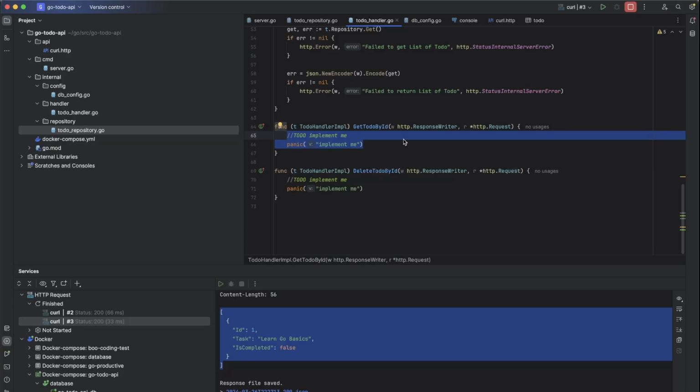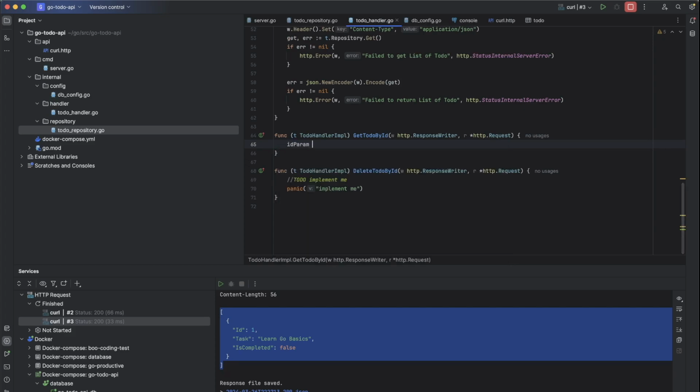So let's get it first. ID parameter equals to key.url param from the request. The key is ID.